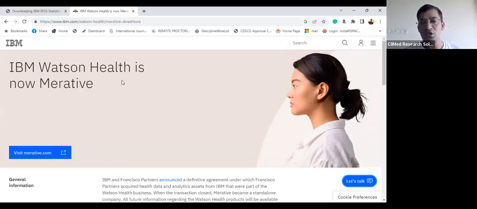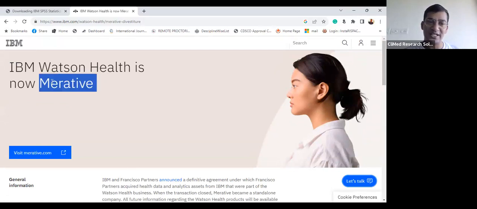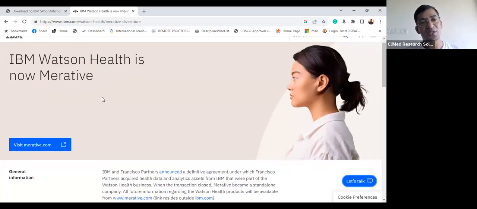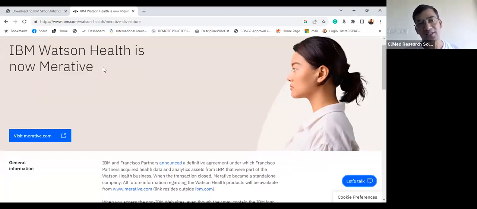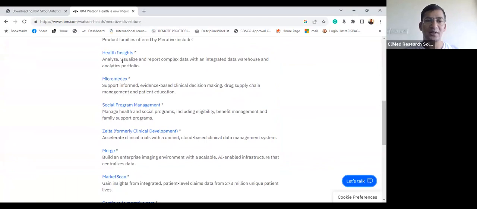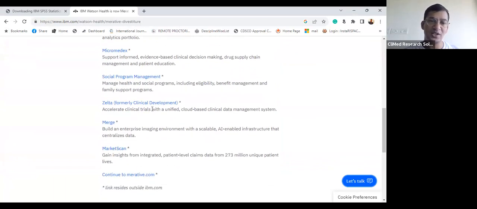Okay, so I'm very sure because for almost 1 decade I'm using the Micromedex, and I have seen always this was the IBM product. So definitely you are also right. This is now the Merative product, which is the part of IBM only, and it comes under their wing called Merative. Okay, and not only Micromedex, but all these health related software solutions, Health Insights, Social Program Management, Gelta,